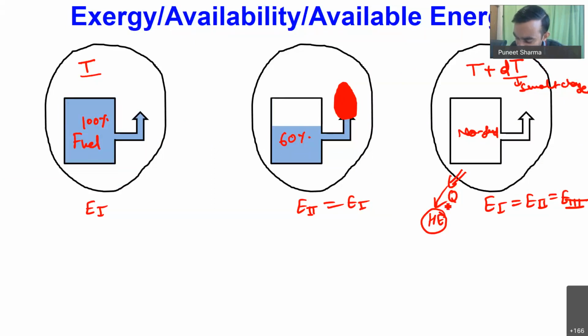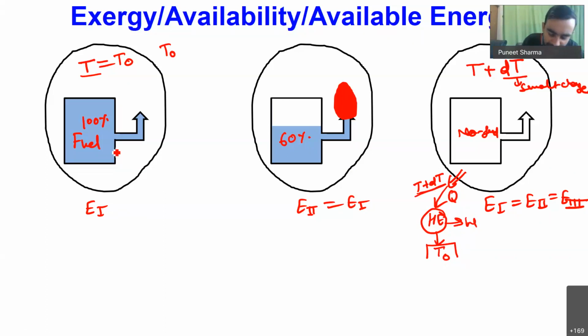If I connect some heat engine, on one side of the heat engine we will have temperature T plus dt, and on the other side my ambient temperature is T naught, the ambient temperature for the initial condition when no energy is added by the fuel. So this system will be operating with ambient at temperature T naught. Now you can see the difference between the ambient temperature and the temperature within the system is very, very small. So even if it operates in a reversible fashion, the efficiency of this heat engine will be very small.